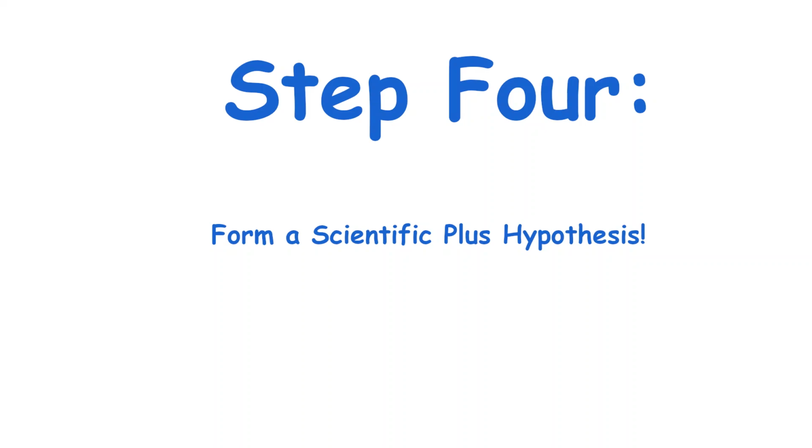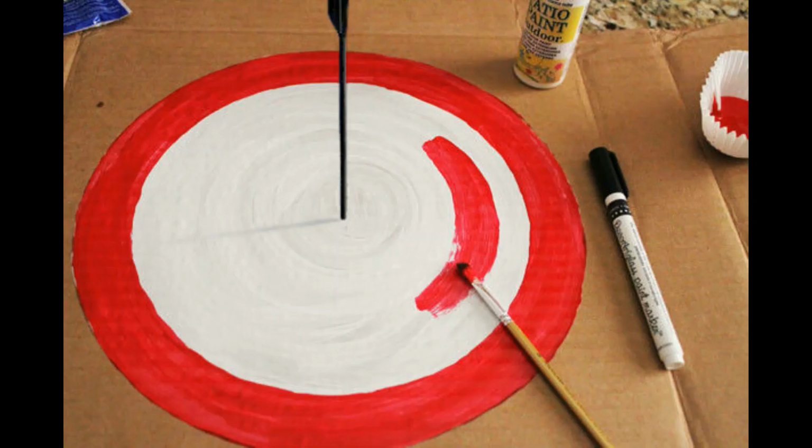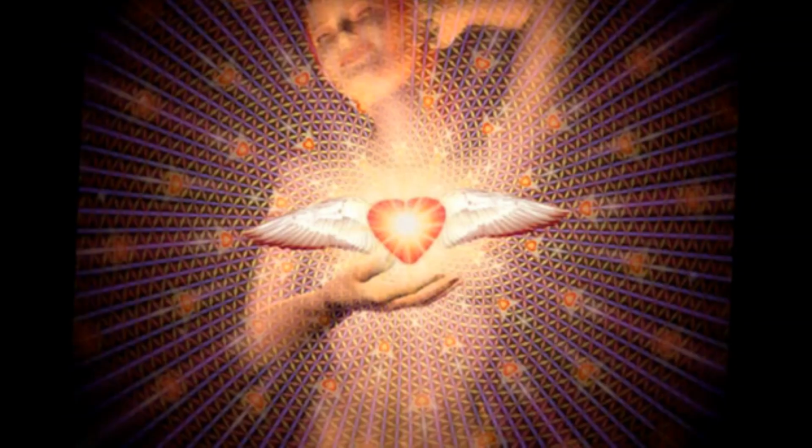Step 4. Hypothesis. Using the power of intuition, lived experience, or decolonizing one's mind, you are now ready to state the truth. The correct Scientific Plus hypothesis is a statement of your own personal reality, and what is true to you. In the next step, you'll have all the tools you need to scientifically plus prove it. Nobody else can tell you how the world you live in works, and it's not your job to educate them.